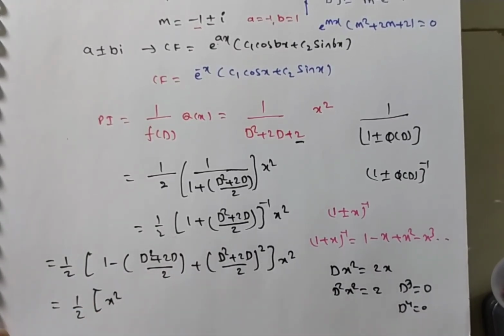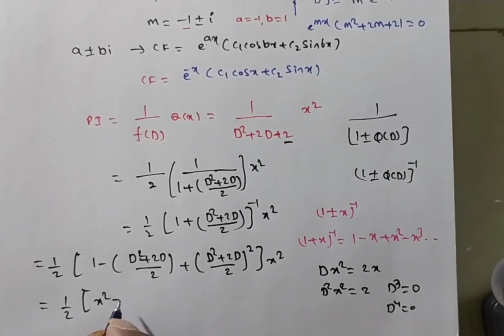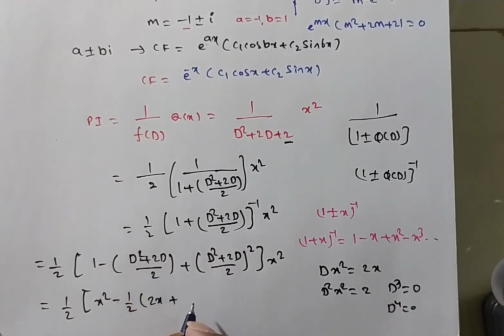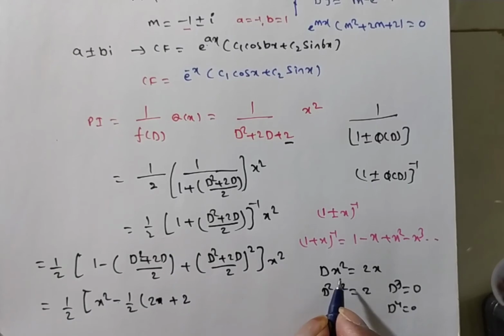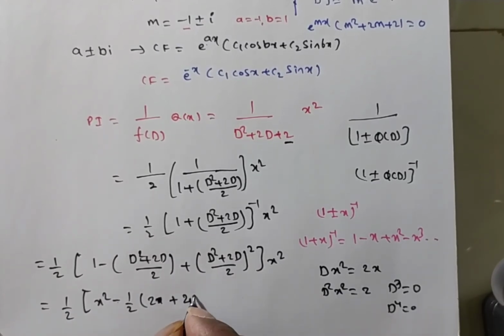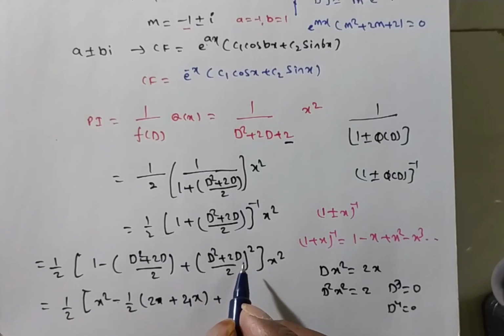So from this also you can add this as, you see, multiply inside, then you will have 1 into x square means x square minus 1 by 2 times of, what is D square of x square? D square of x square is what? 2x plus 2 into derivative of, D square of x square is 2. So this is 2 only, right? Next, 2 into derivative of x square. Derivative of x square is 2x. So 2 times 2x is 4x. Plus this (a by b) whole square you can write as a square by b square. So 1 by 4 I can write outside.